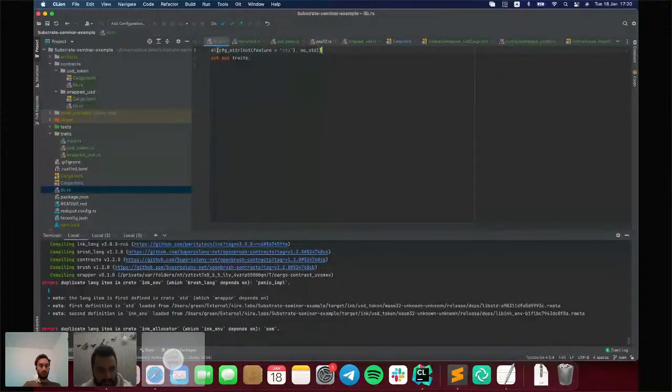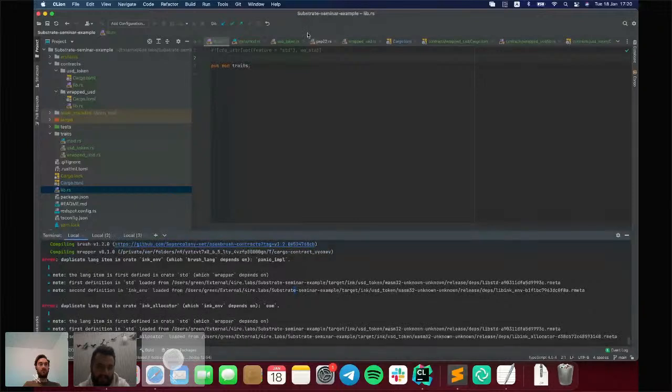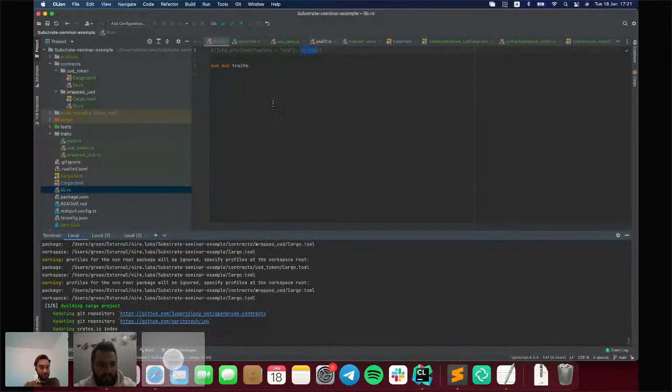If you see an error like this, that means that you forgot to add this configuration. It is required by Ink.